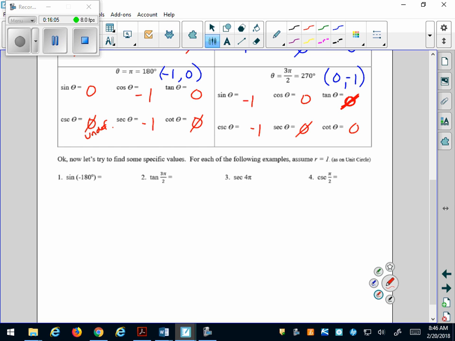Nope, because it's just -1/1, or 1 over -1. So one of them is negative, one of them is positive. It makes the whole thing negative. Okay, so if you try finding specific values,